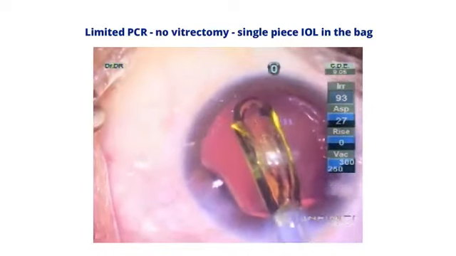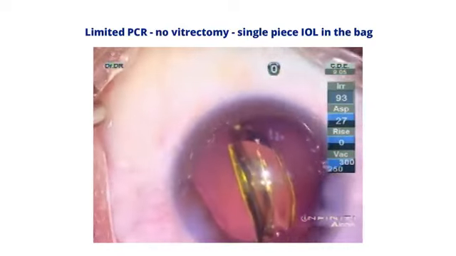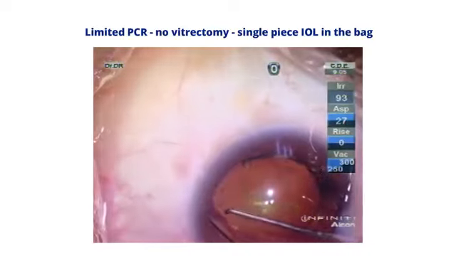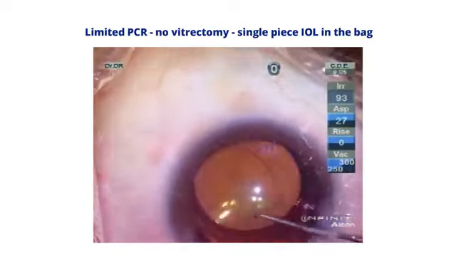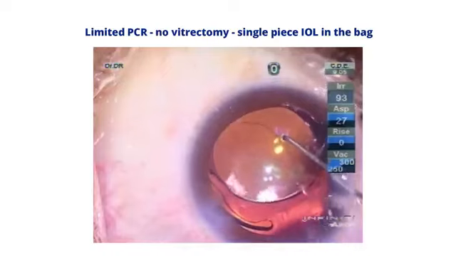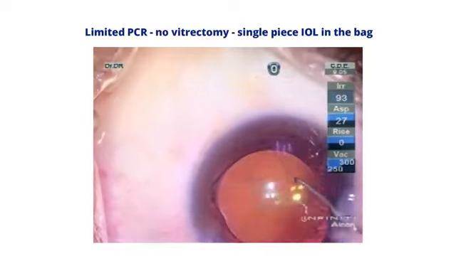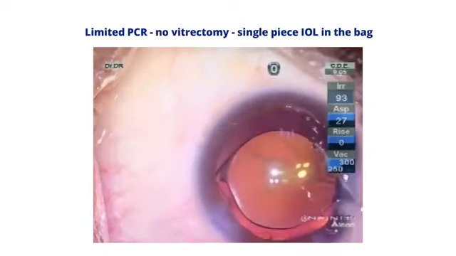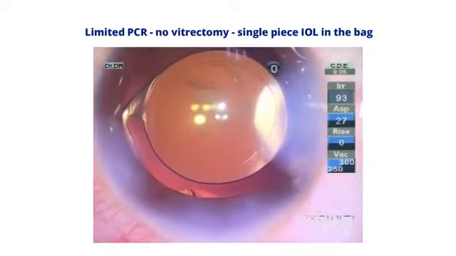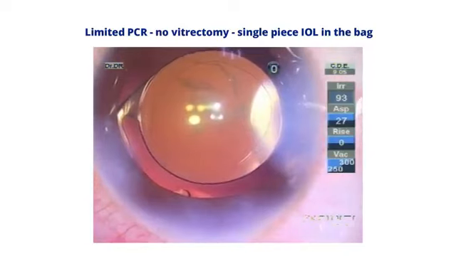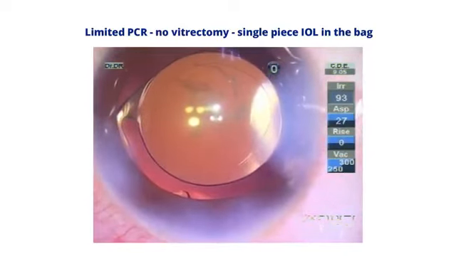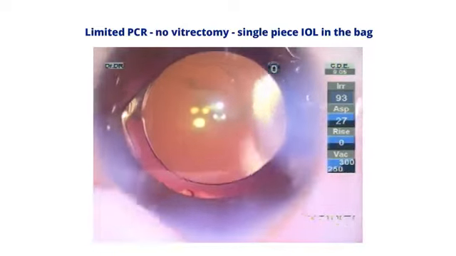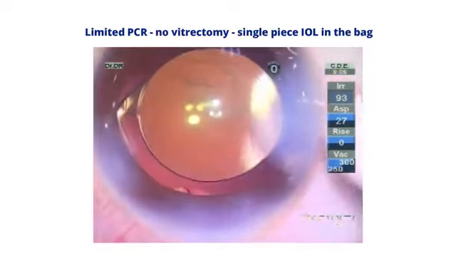As you can see, there has been a little bit of extension of the rent that was initially created, but still there is an adequate amount of capsular bag support, and you can see it's well situated within the rhexis margin. And once you use a Vexel sponge at the incisions and there is no distortion of the pupillary margin or the rhexis margin, that tells you there is no vitreous in the anterior chamber, and this lens is going to remain quite stable right through the lifetime of the patient.